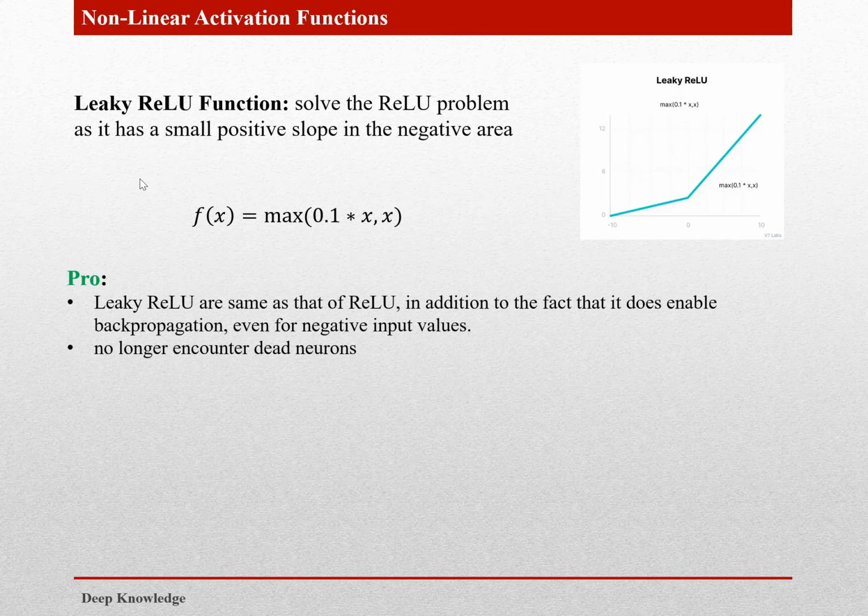And this is the leaky ReLU function. It is an extension of the ReLU function from the previous slide, and you can see we have some negative slope values here. This is the formula here. So the advantage of this, as you can see here, is that we have some negative values, so the neuron will not be disabled.